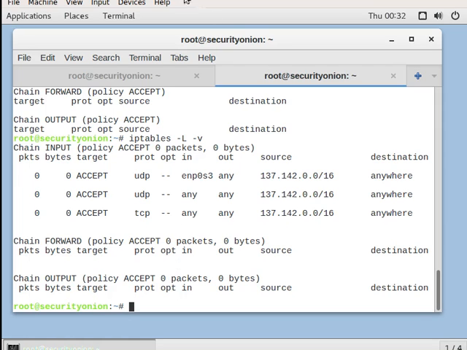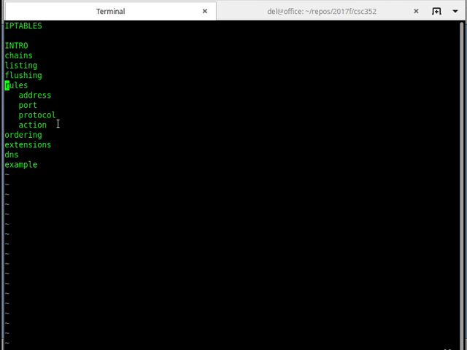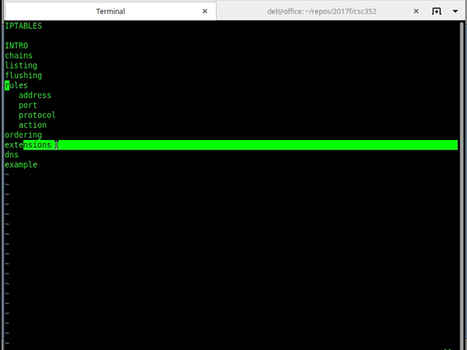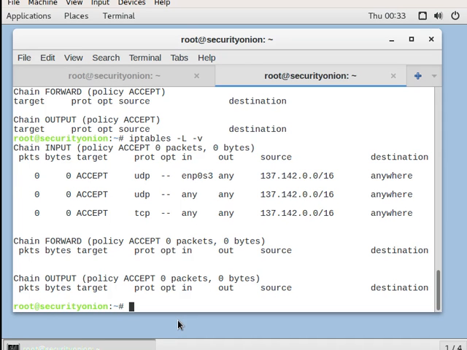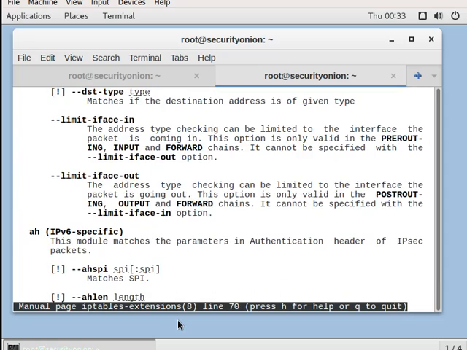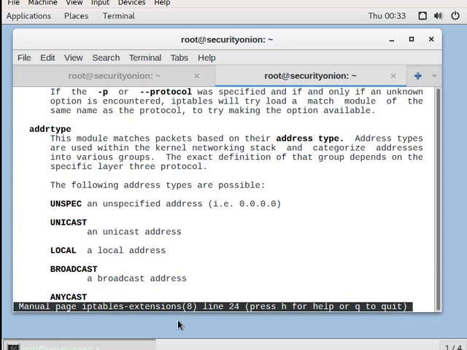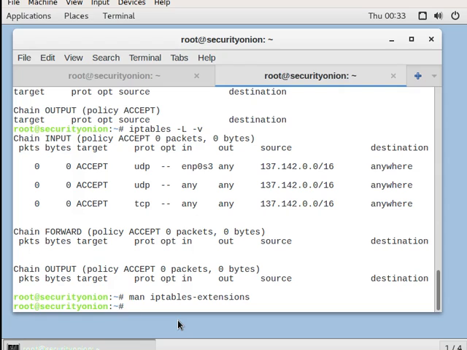Okay, so those are the three main actions: accept, reject, and drop. The ordering matters, and again, extensions. You're going to need to look at the iptables extensions if you want to do more advanced things based on the protocol, right? Like for example, if we want to only allow